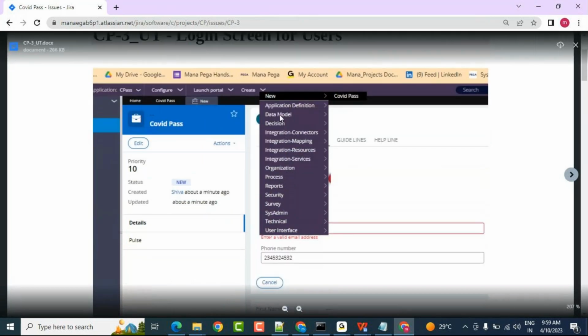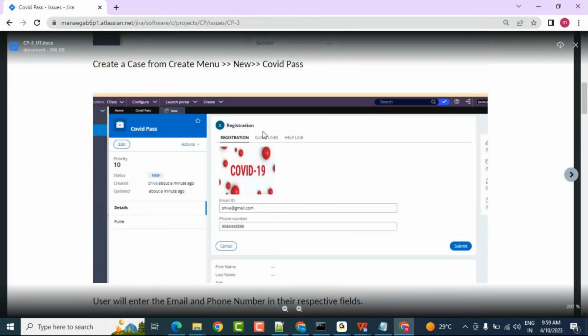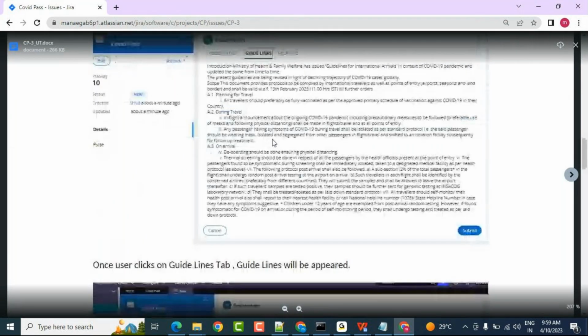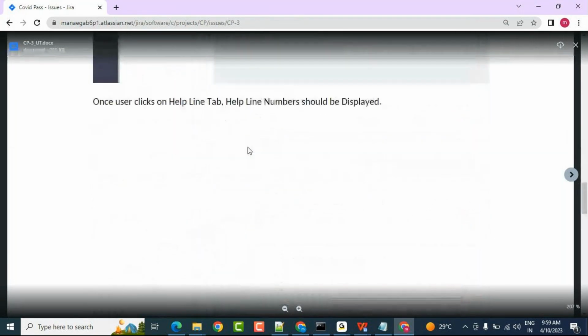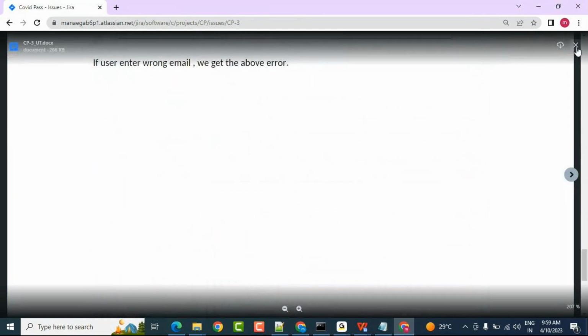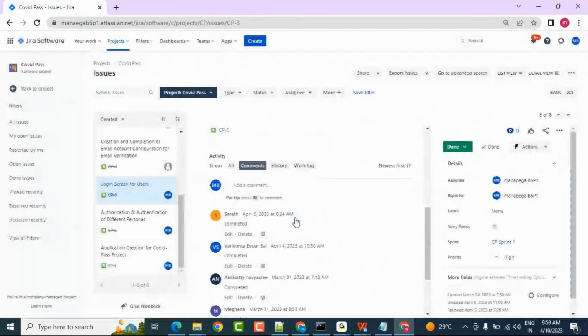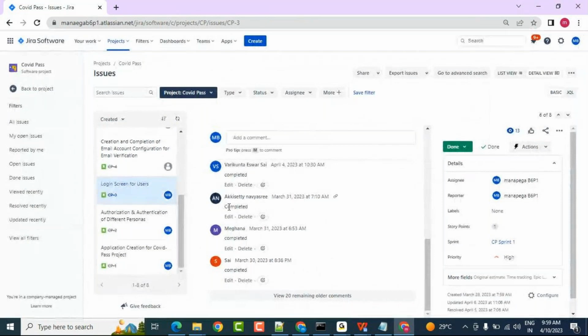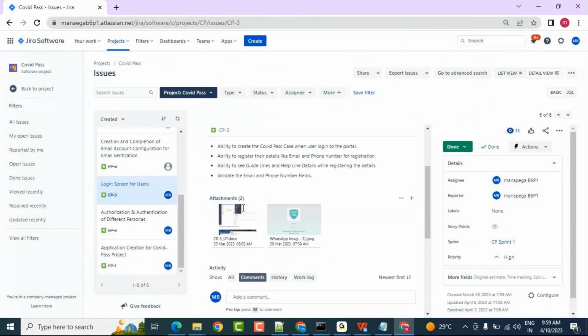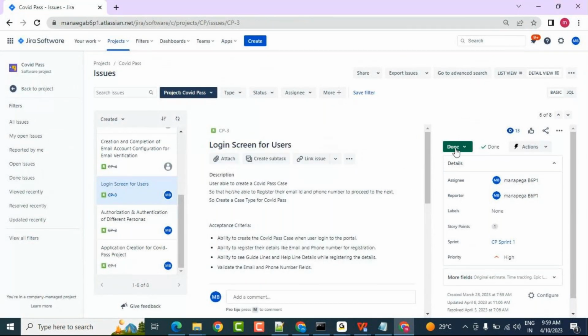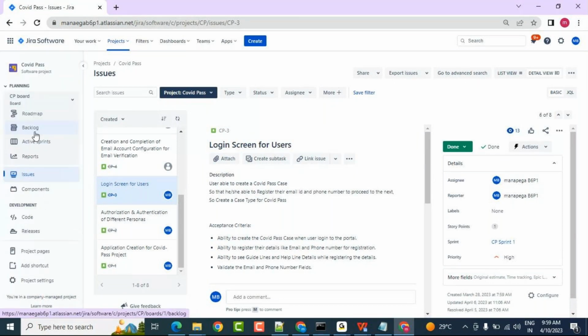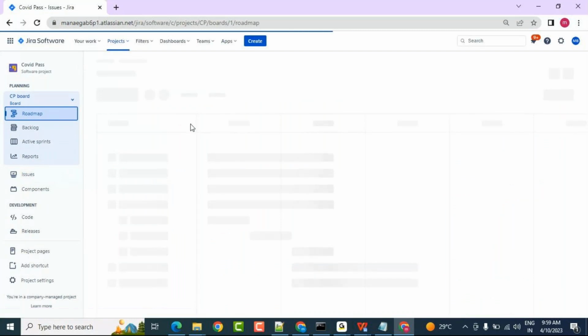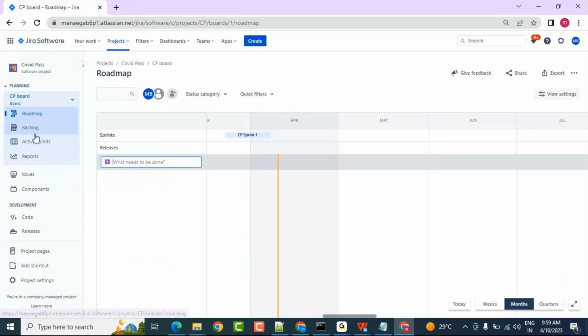How to create the case, create it like this, then the screen is created, then any errors. Okay, you will be doing it like this. Once it's done, you'll be completed. You will be marking it as completed. Okay, then I'll be moving it to done. So in this way, we will be going with the planning of the particular user stories, and